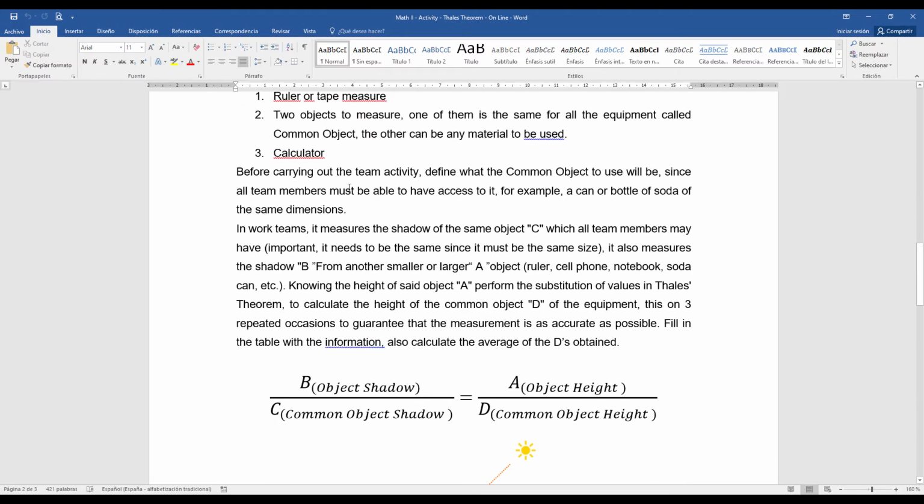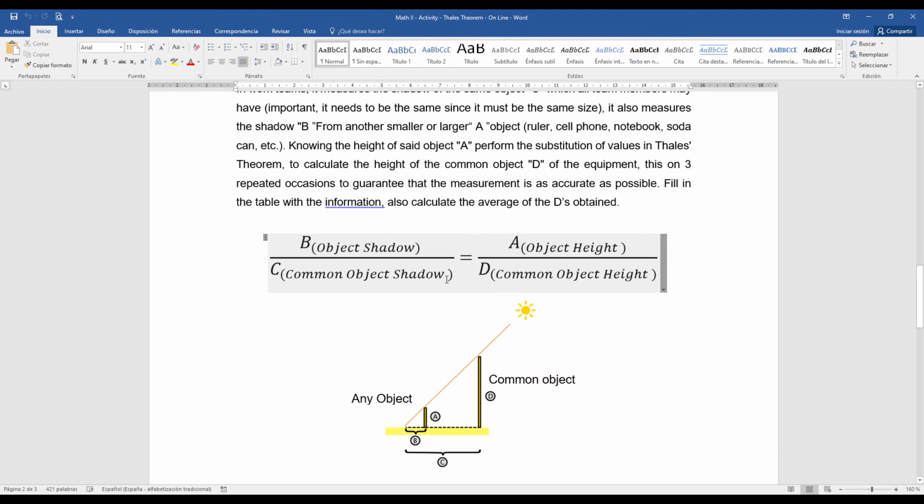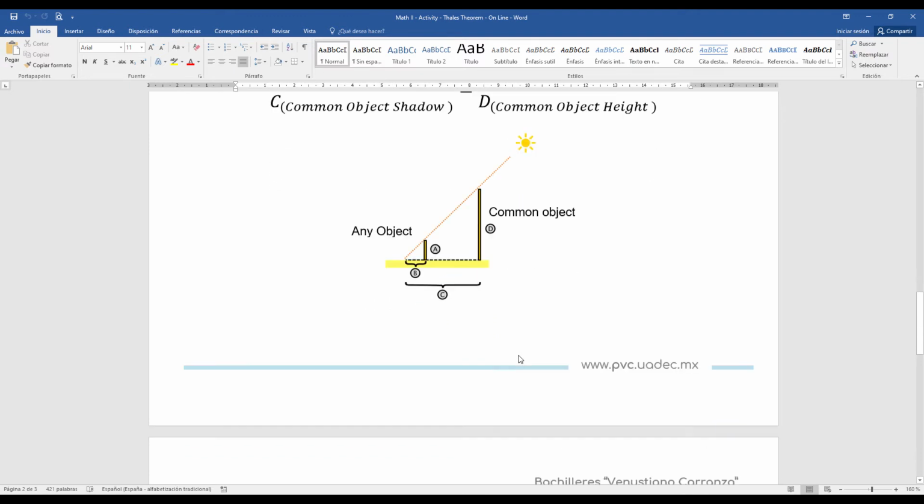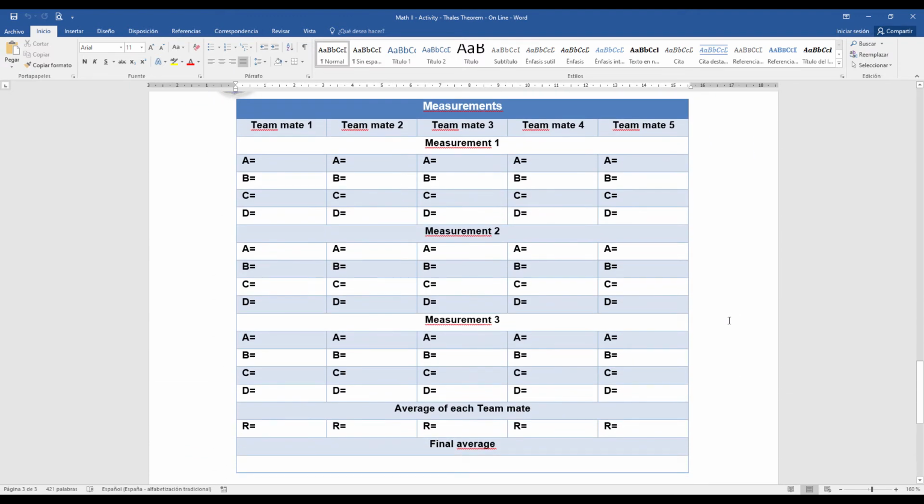Before carrying out the activity, define what is the common object to use. You need to remember that that common object must be accessible for all of the teammates. It's the same. Now this is the common object, and the other object can be less or greater than the common object. And remember that the activity is for online, so